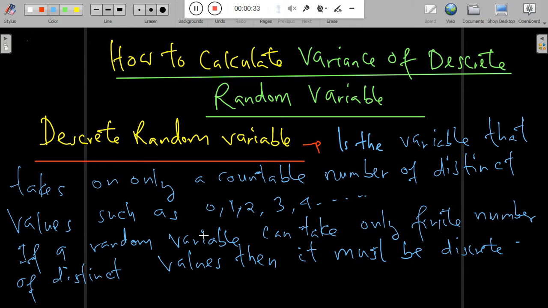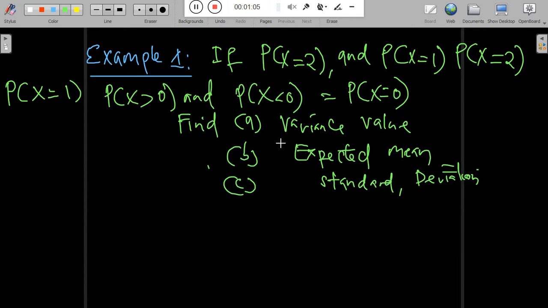Let's begin by understanding what a discrete random variable is. A discrete random variable is a variable that takes only a countable number of distinct values, such as 0, 1, 2, 3, 4, and so on. So if a random variable can take only a finite number of distinct values, then it must be a discrete random variable. For example,